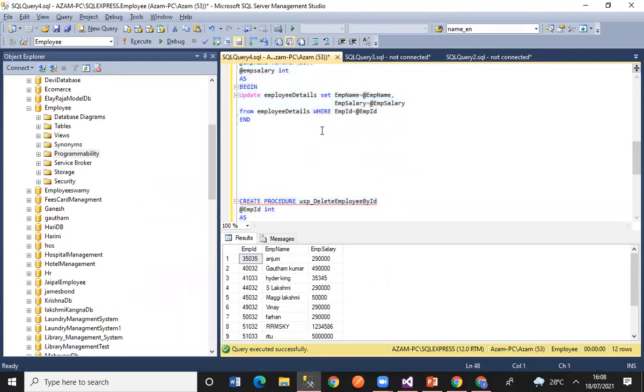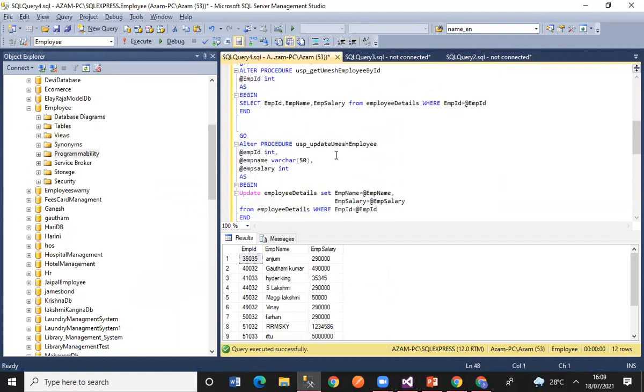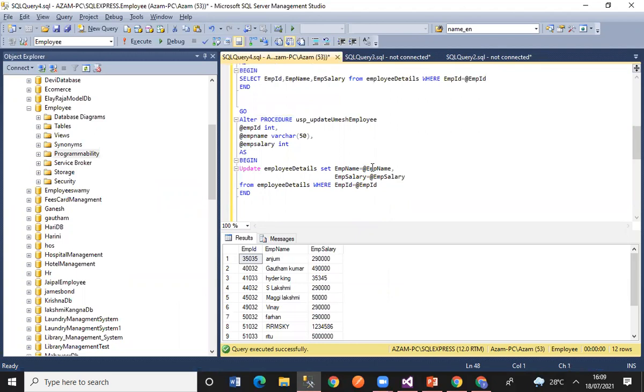So here also, yeah, if you see this here, we are going to alter the things. So here also I'm just going to keep it the same. Small letter, capital letter, okay. But the thing is, I just want to have the same look and feel. So I'm just keeping it like that. Okay, EMP name we have taken. EMP salary also I'm going to take it like this. And EMP ID also I can take.